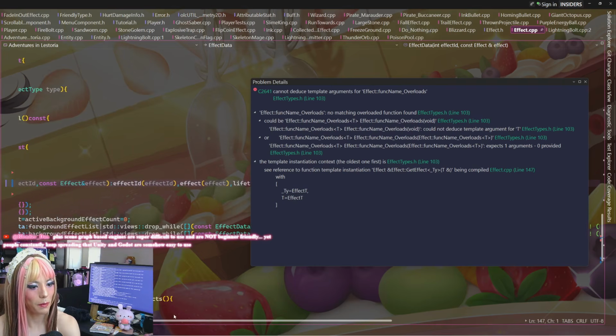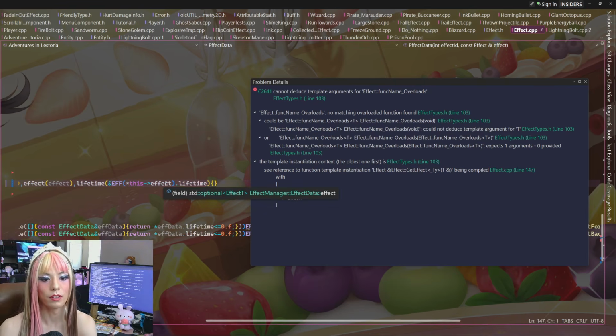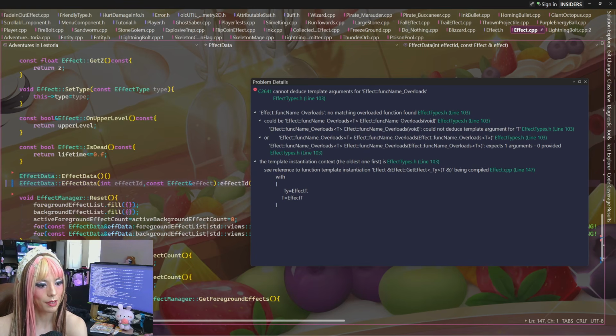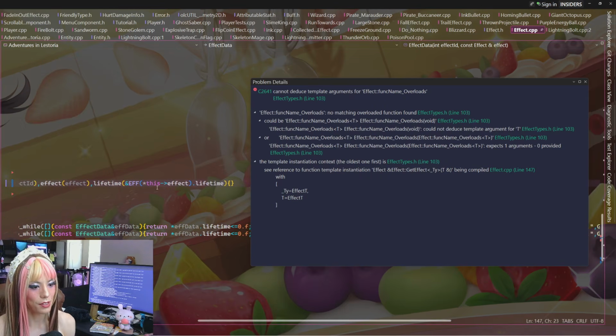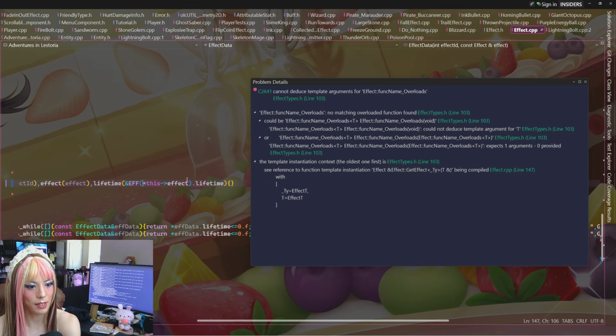But whatever we passed in here should match that type. In this case, it's just a regular effect. So it just says it cannot deduce. I wonder why. At this point in time, it's literally just an effect. It should know that. I think I'm just gonna cast it and see what happens.